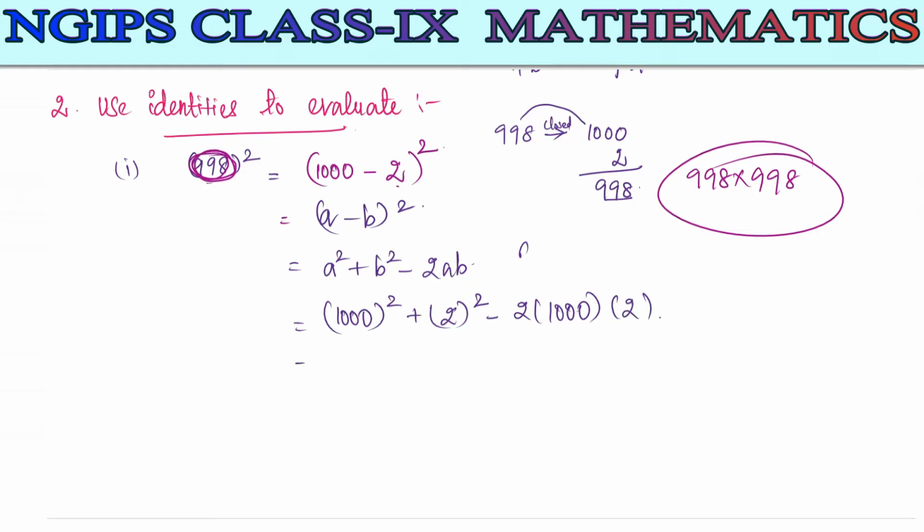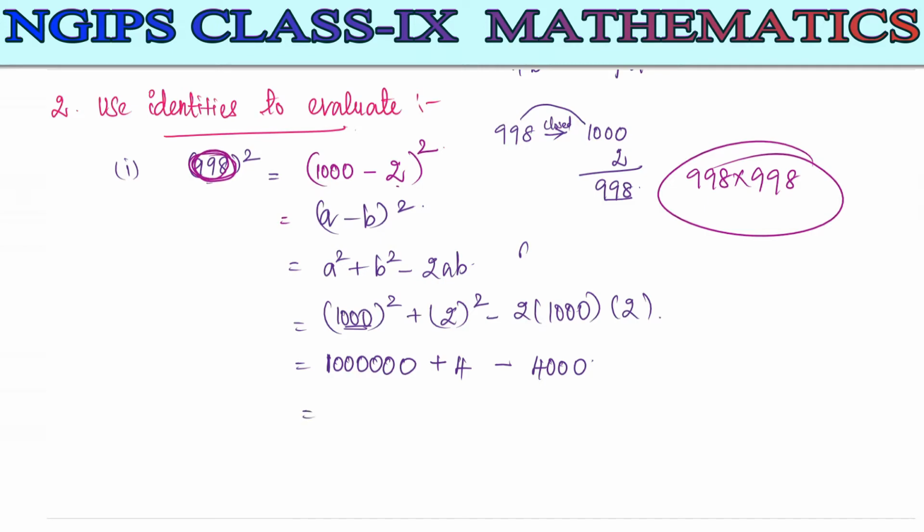So here when you multiply, we have 3 zeros, right? In the square number you need to double the zeros. So when you have 3, we need to take 6 zeros, one followed by 6 zeros, 1 2 3 4 5 6. Just double the zeros when you have power as square. So 2 square, the value is 4, minus 2 into 1000, which is 2000, 2000 into 2 is going to be 4000.